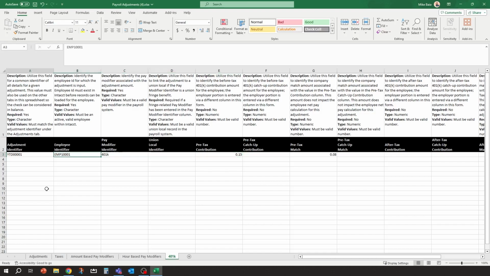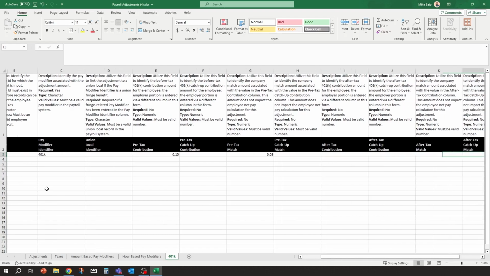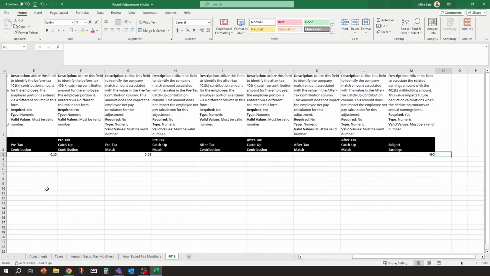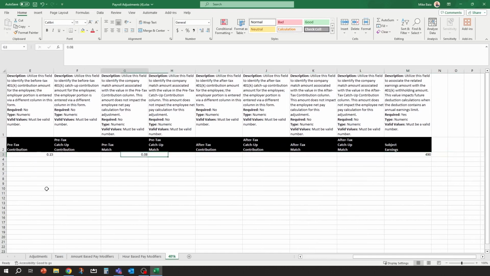So you'll notice in this, if you have them set up that way, we just have one line, the pay modifier. And then here's the pre-tax, pre-tax catch-up, pre-tax match. Even the matchings are here as well. So it's all one line. And then if they had a Roth portion, after-tax match. Okay? So you could fill all that in there.